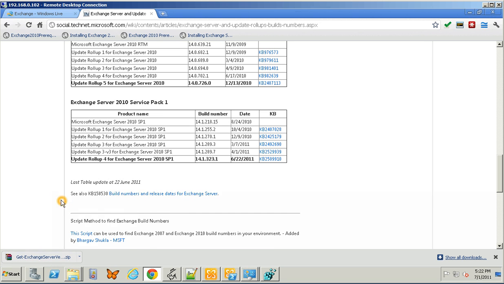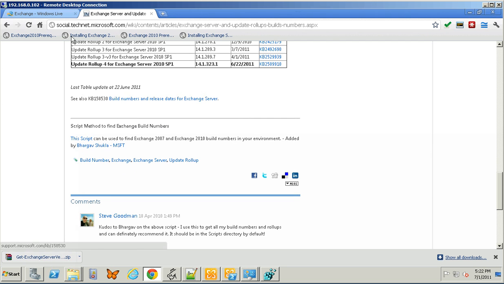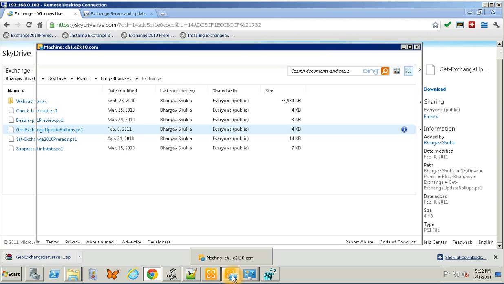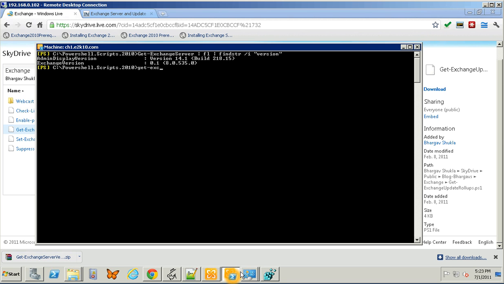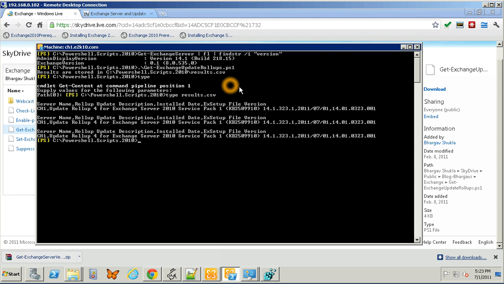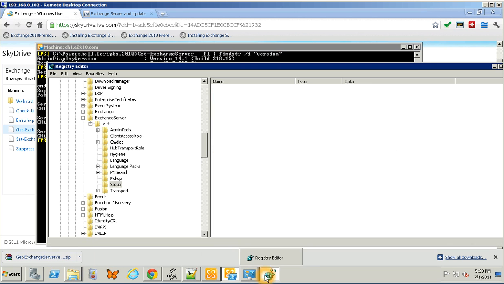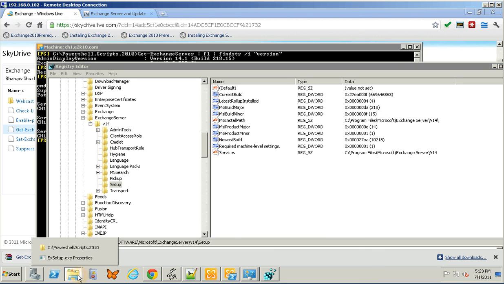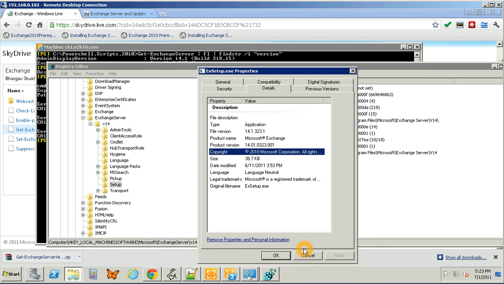So I looked into this guy's script right here, and you can find it at his SkyDrive, this Exchange Rollup script. I've run it a few times, so you can see that he outputs this. So how did he get this? He goes here to the setup and finds the install path, and then he goes looking for this file in the bin directory, ExSetup, and he pulls the data from right there. There's got to be a better way to do this. Anyhow,